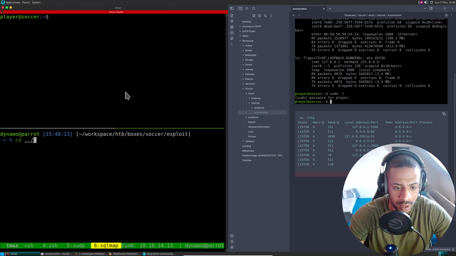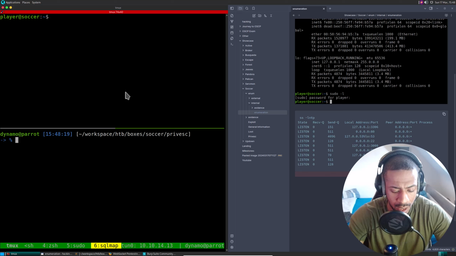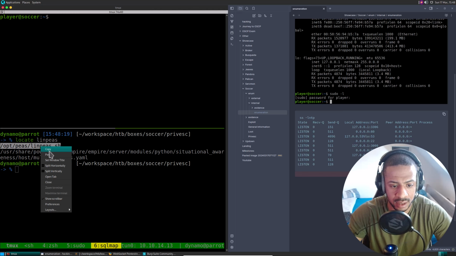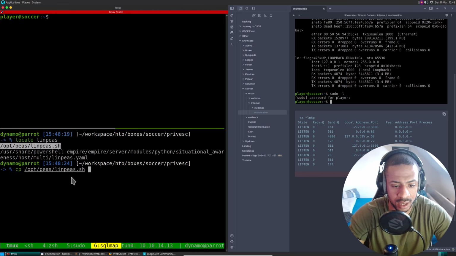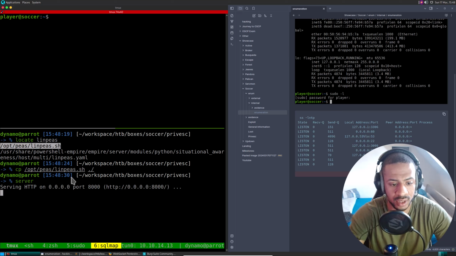So let's go to privesc and then locate linpeas. Take this and then copy this to here, and then host the server. Go up. We get HTTP.